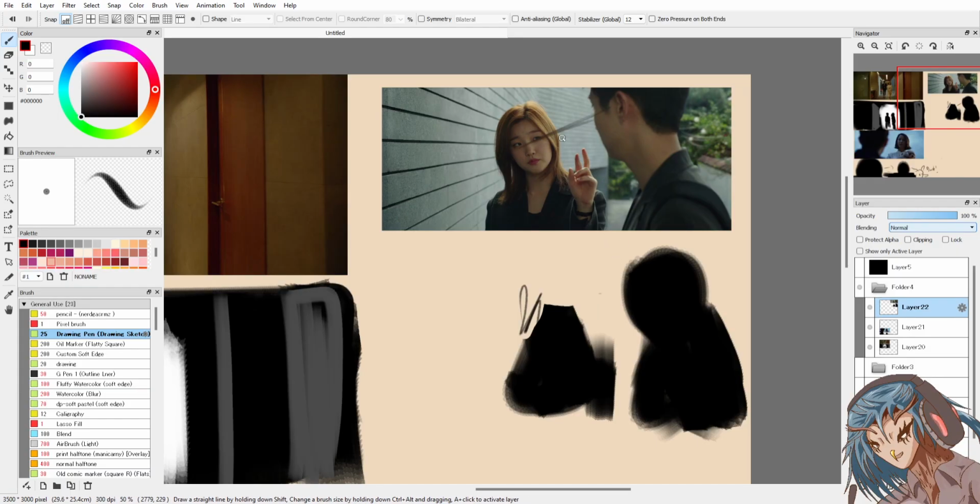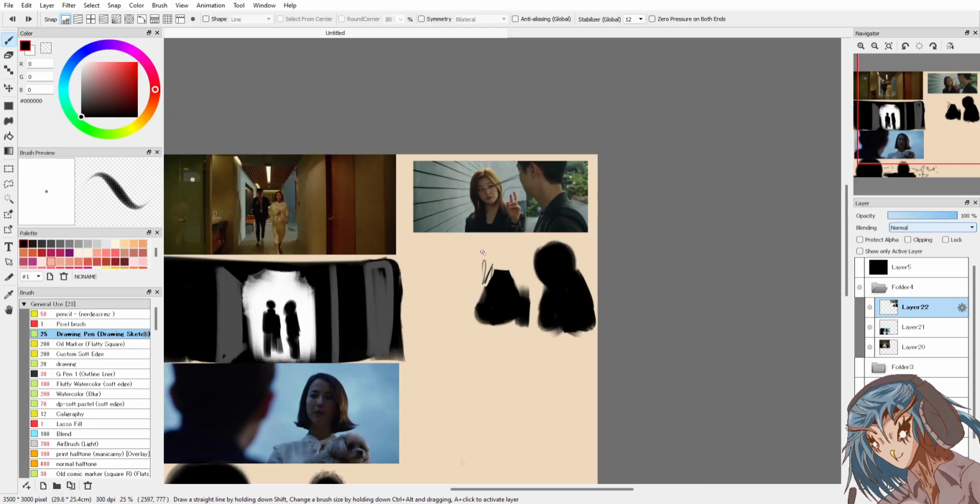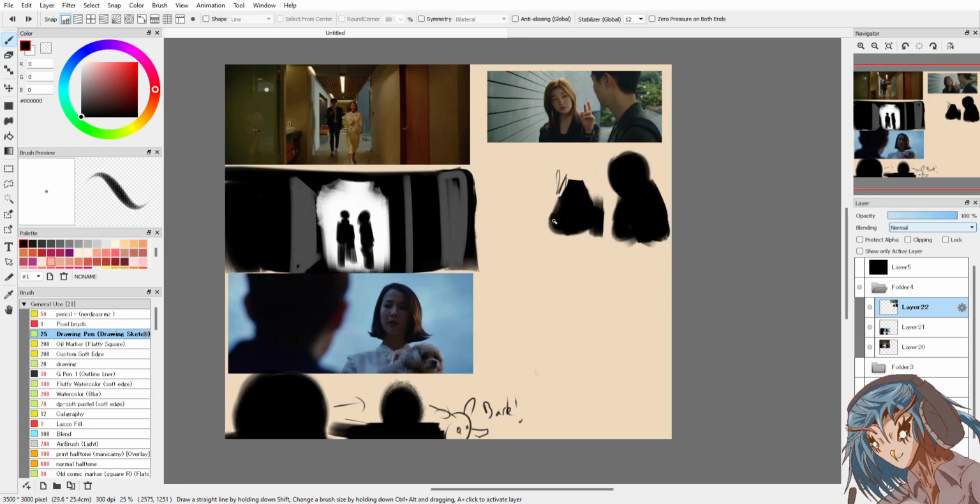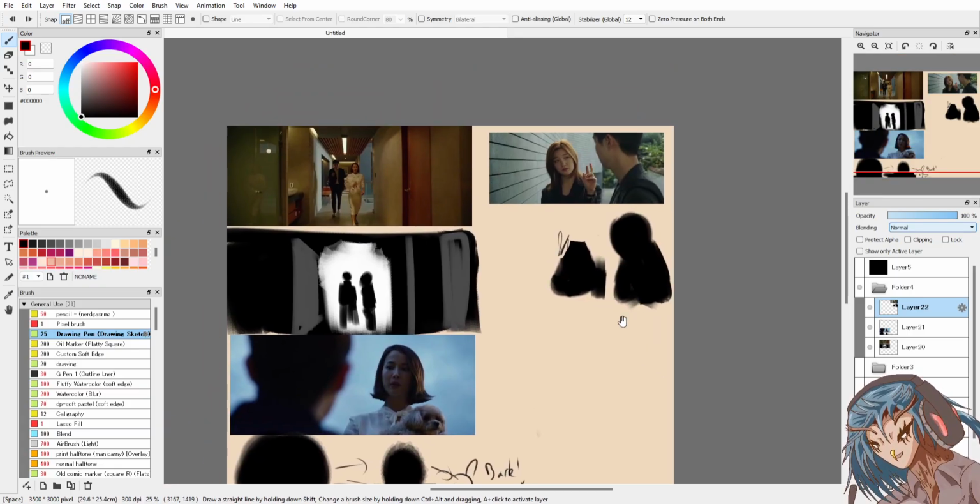Their eyes are meeting. This hand tells us everything we need to know about her personality. A bit confident, almost arrogant, like, don't worry bro, I got this. That's the energy she gives off because of the posing.